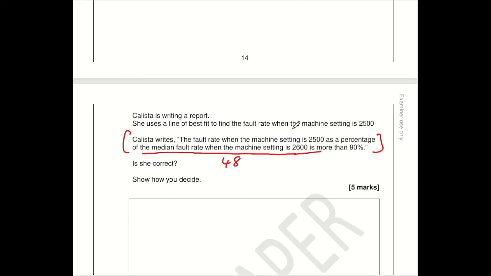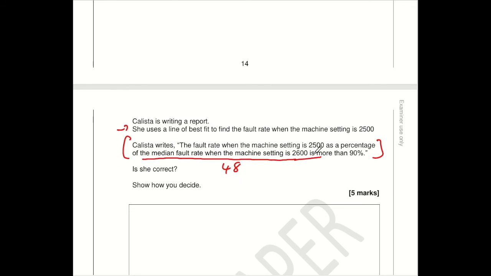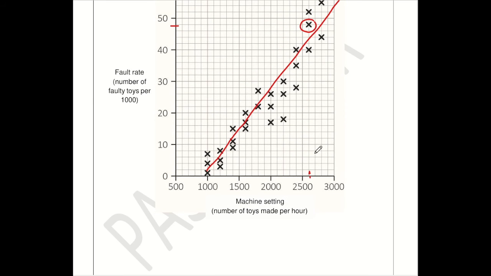The fault rate when the machine setting is 2500 as a percentage of 48 is more than 90%. Okay, so what is the fault rate when the machine setting is 2500? And we've been told here she uses a line of best fit to find the fault rate when the machine setting is 2500. So this is where we might not 100% agree because it's unlikely that everyone's drawn an identical line of best fit. So